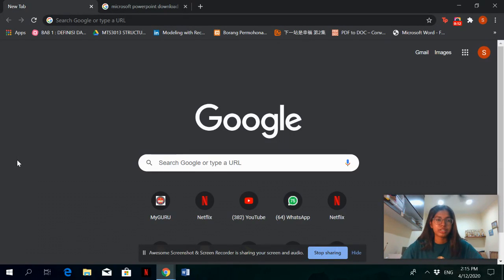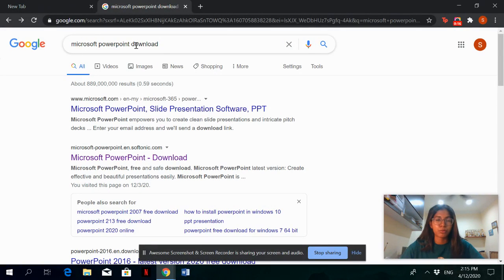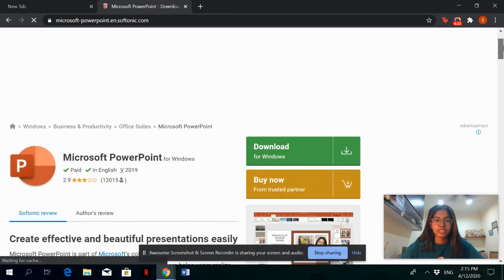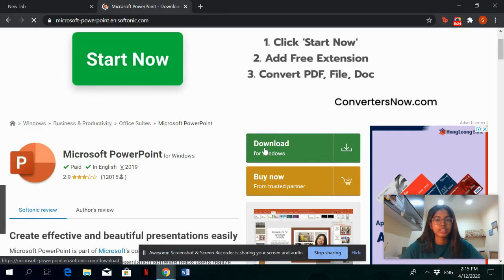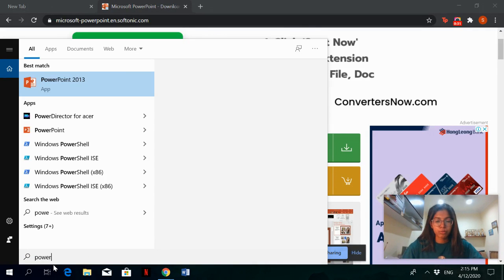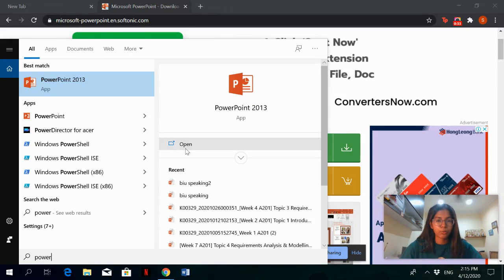So first we will be opening Google Chrome. Go to the search bar and type Microsoft PowerPoint download. Click on the second link. This is where you can download PowerPoint for free. You will see a button, download for Windows. Click it, and once it finishes installing, go to the search bar on your desktop. Type PowerPoint, click open,